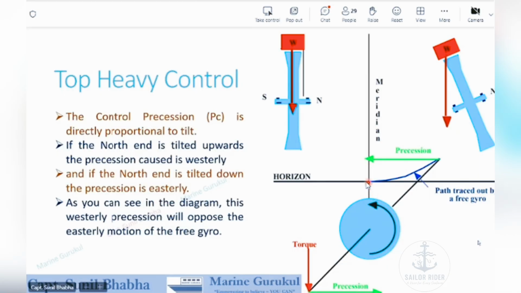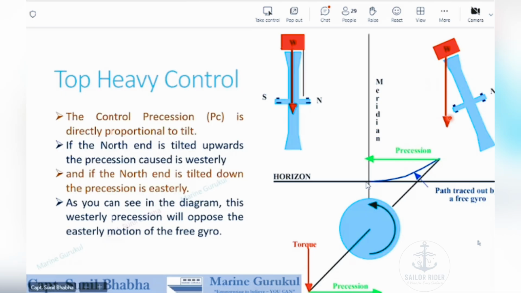Initially, our spin axis was pointing towards the horizon in the meridian. That means with zero tilt and zero drift. Now we are aware that after some time the gyrostar is going to move eastwards and it is going to have a positive altitude. So our spin axis is also going to have easterly drifting, and it is going to have an upward tilt. So this blue color track shows the motion of the gyrostar, which is being followed by the north end of the spin axis. Now as the gyrostar has some positive true altitude, or the spin axis has some upward tilt,